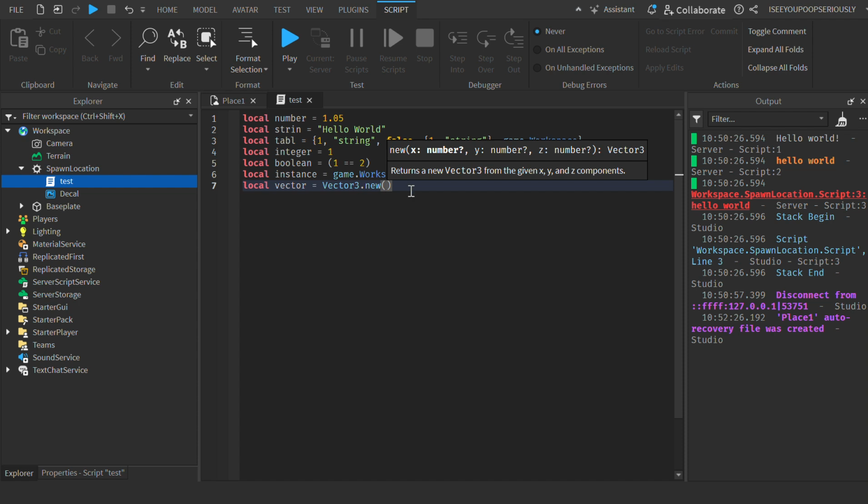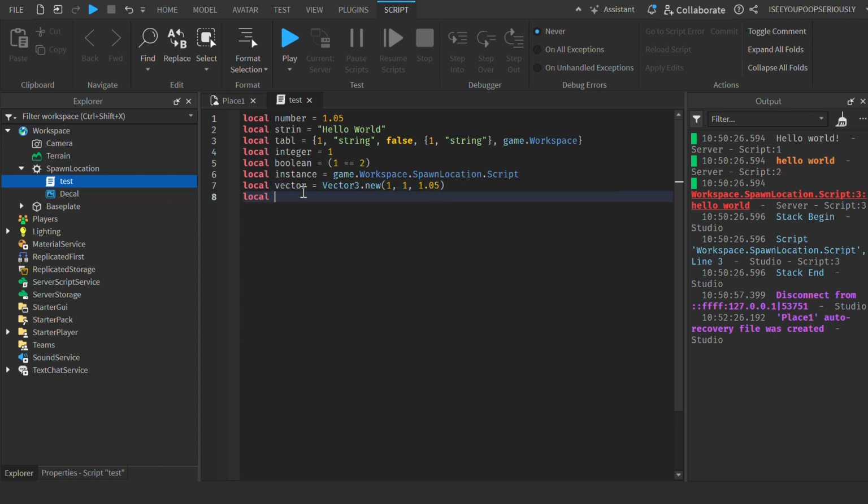A Vector3 is x, y, and z. It is like the coordinates of something. It can also be the rotation. Vector3s can only be created from numbers, so 1, 1, 1, or integers. So that's a Vector3, and this will return a new Vector3, which has x as 1, y as 1, and z as 1. Okay, so then there are CFrames,